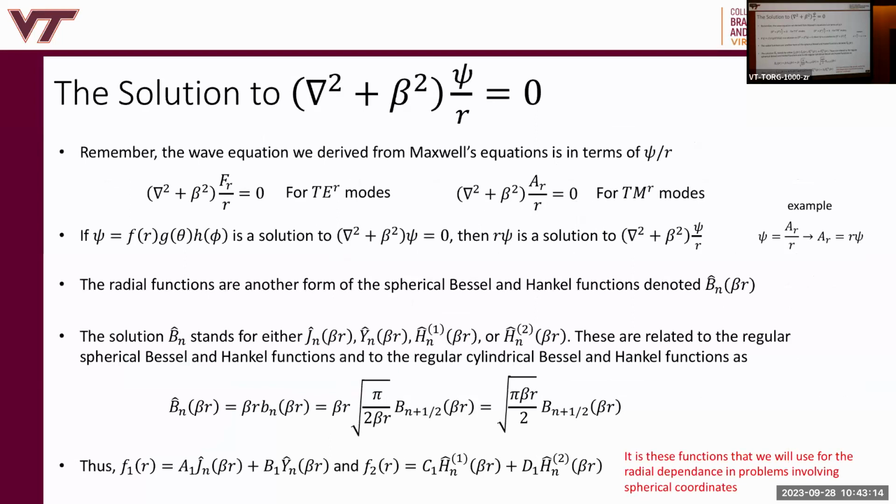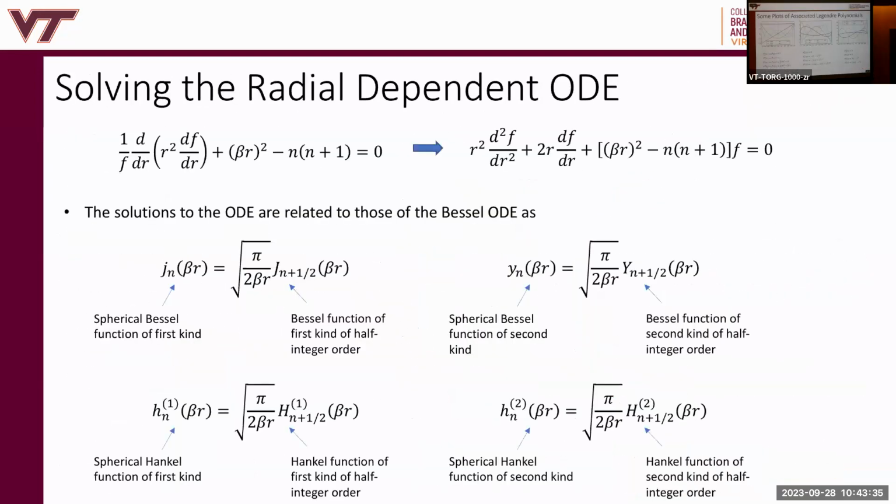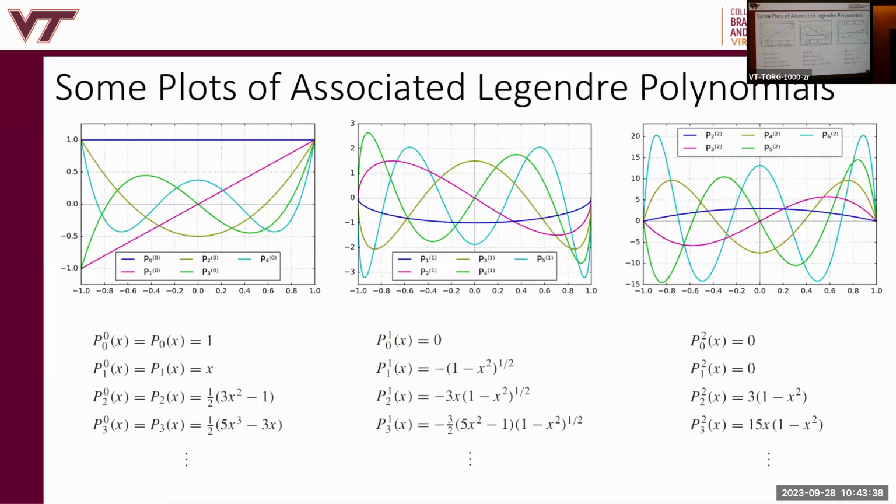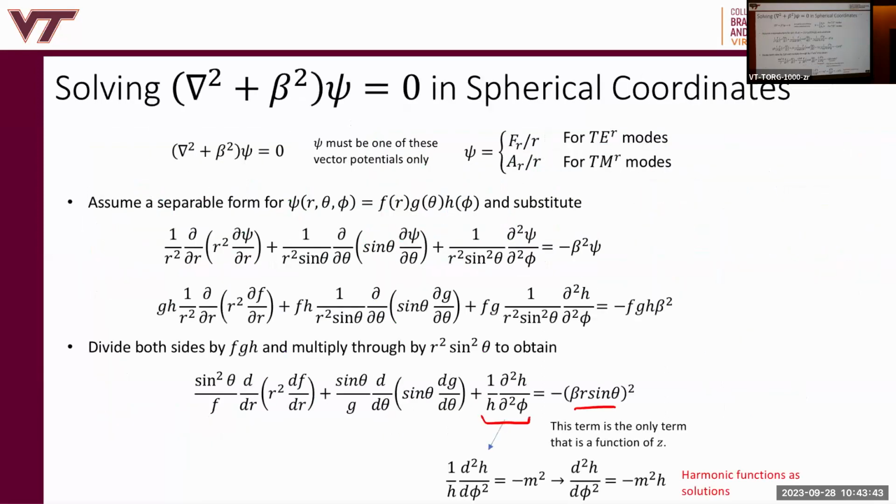Okay, so the differential equation we saw was del squared plus beta squared psi equal to 0, right? I don't know if you caught that, but the differential equation we derived for A and F was del squared plus beta squared psi over R. It's probably poor notation, because what we solved was del squared plus beta squared psi equal to 0. But really we wanted psi over R. So in order to relate these two things, we just need one piece of information here.